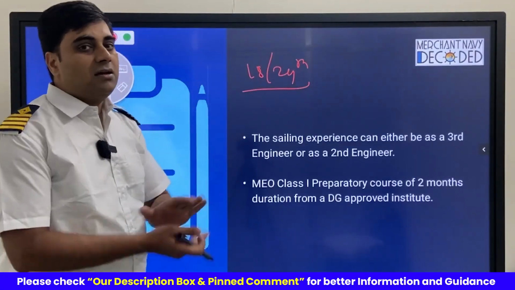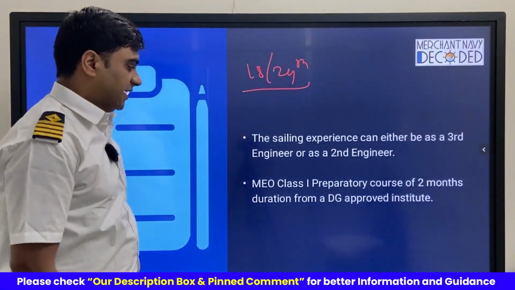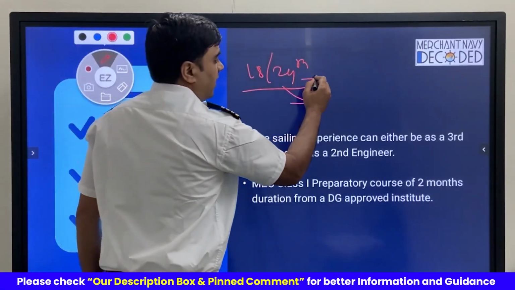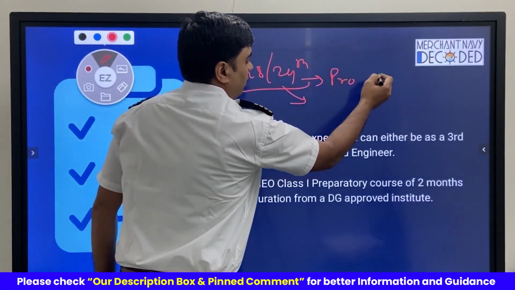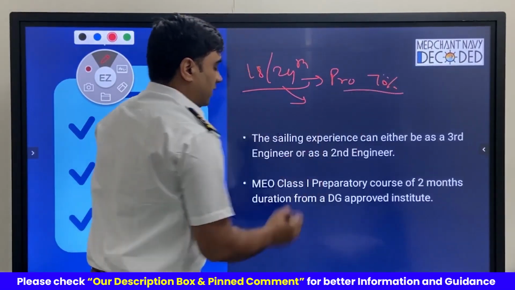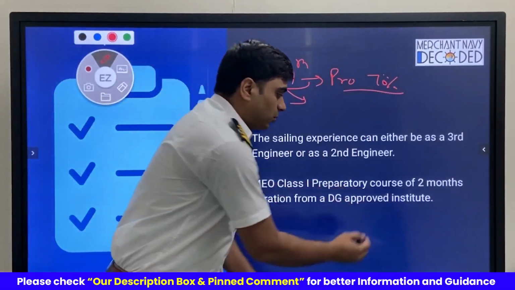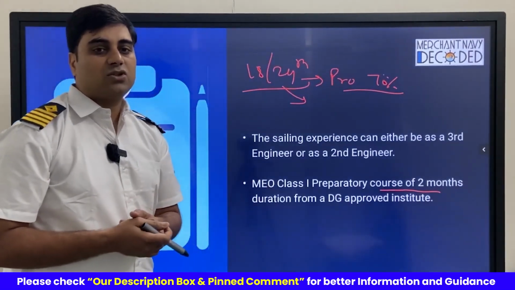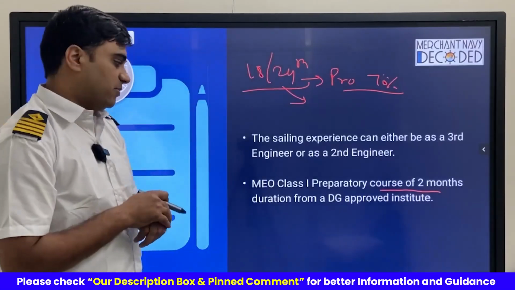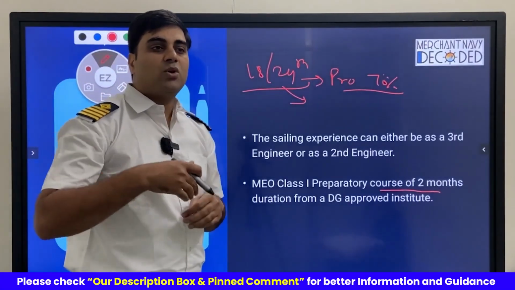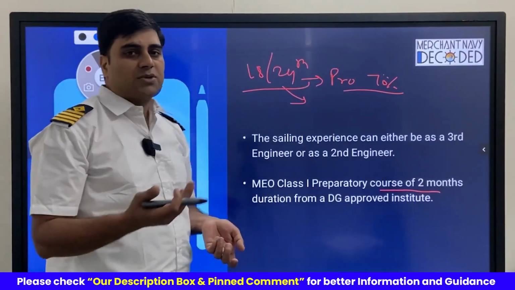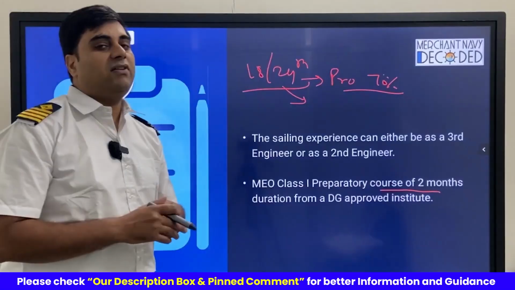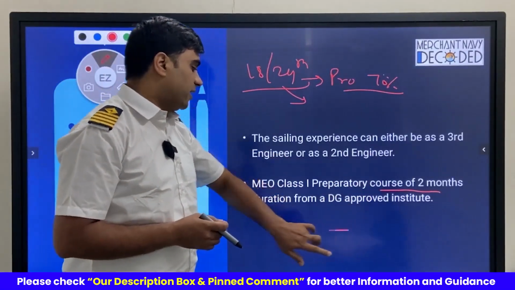So let's say we are the person who is qualifying with this 24 months sea time. In that case, once we have completed this qualifying sea service and also have the propelling time of greater than 70%, after that we are supposed to do this preparatory course of 2 months. This is the same as in MEO Class 2, where we are supposed to do a 4 months preparatory course. Earlier we used to have it for MEO Class 4 also, which was optional. One time it was made mandatory. So this is the same course, but here it is mandatory. Everybody has to do this 2 months preparatory course.